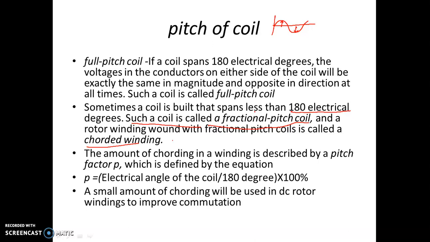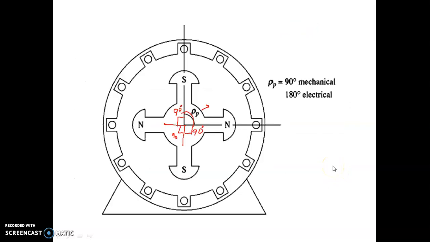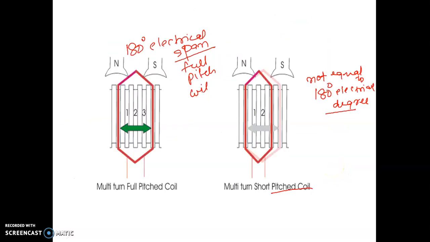The amount of chording in a winding, how much chording you can do, there is a rule. You cannot go beyond a certain limit. The amount of chording in a winding is described by pitch factor, which is defined by the equation. Pitch factor is the electrical angle of the coil divided by 180 multiplied by 100. So if you come to this slide, at this position, you can see here. So in this case,